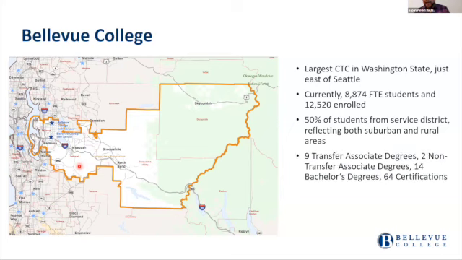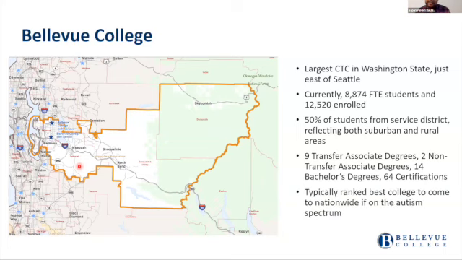We have a bunch of different kinds of programs, including bachelor's degrees, and my office, my program works closely across lots of them. So some of the non-transfer associates, some of the transfer associates, bachelor's degrees. And I just like to throw this in there. So Bellevue College is typically ranked the best college to come to nationwide if you are on the autism spectrum. We have people who come from all over the country and the world to our college because our services and